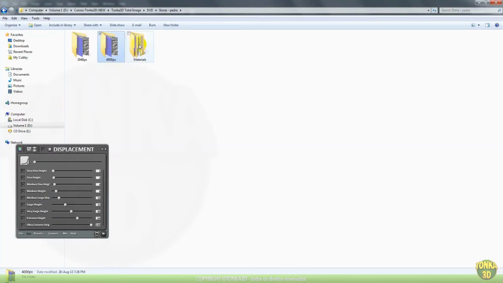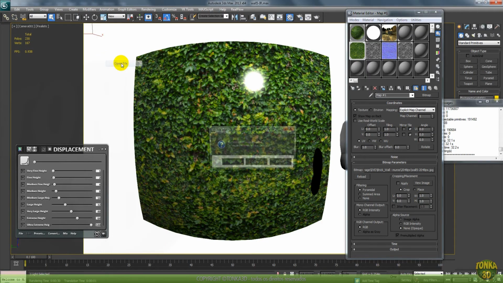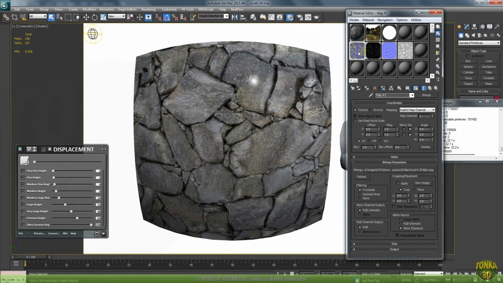Let's go back here, and in materials you will see that you have different options: Arnold, mental ray, V-Ray. V-Ray is very good. I really like V-Ray. I will bring this here so you see how I configure my files. So if you want a different rock, for example, you just need to change this image, clicking here. Okay,